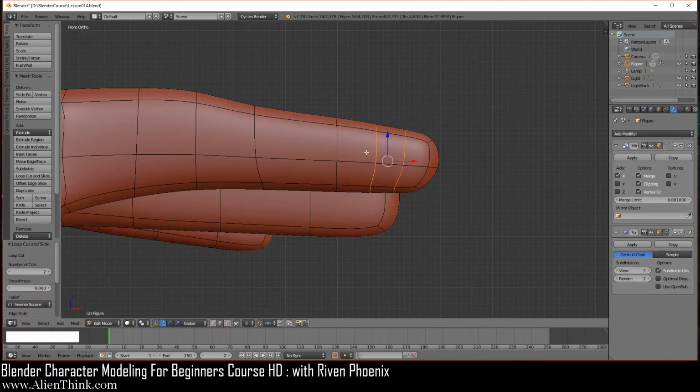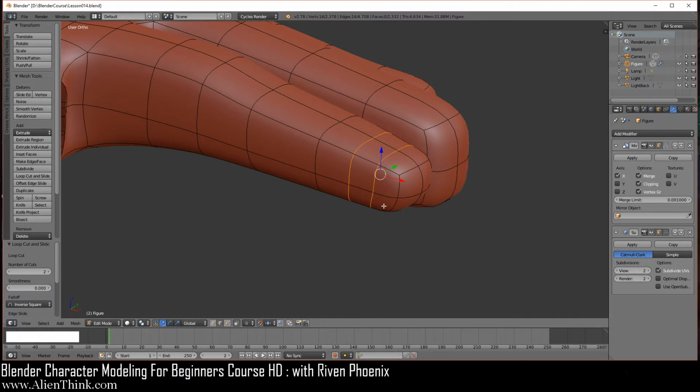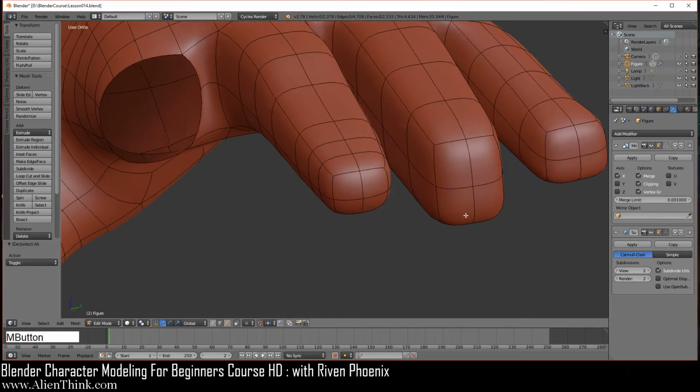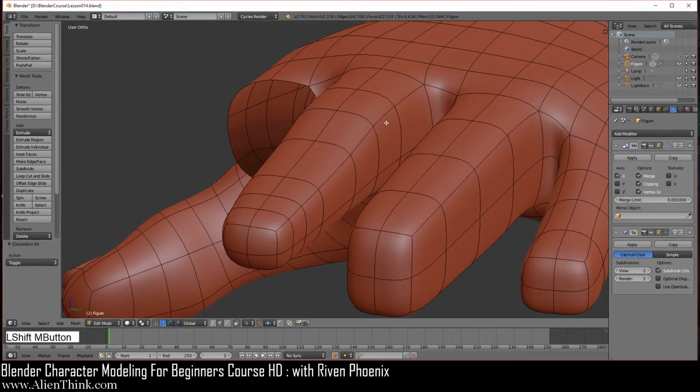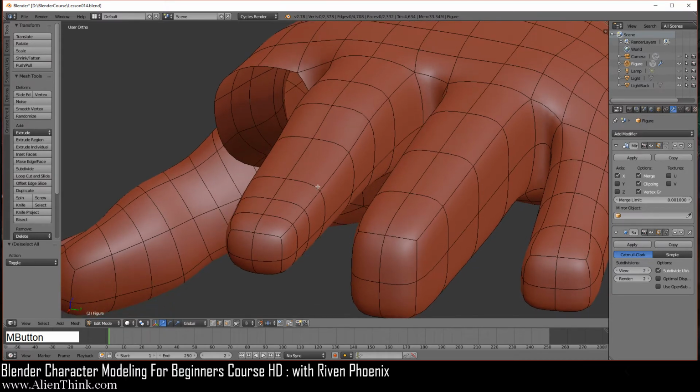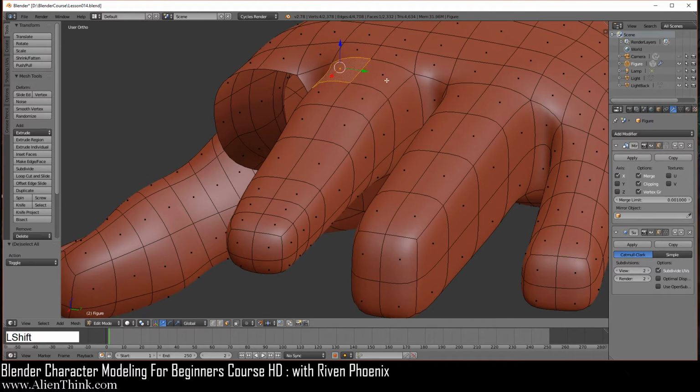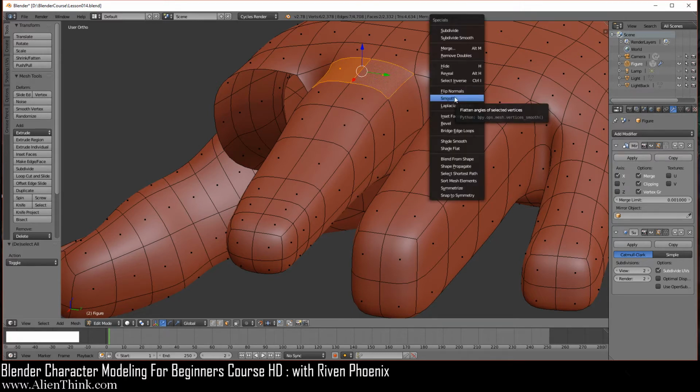You can see that this is the same behavior that we did for the index finger, right? A to D select. So now let's go ahead and rotate it like this first. And we're going to basically create the forms here for the finger before we come into the nails. Okay, so let's go ahead and click on the face select mode, click on this face, shift key down, and then this one. And we're going to do W, and then we're going to smooth it only 1 time over here.